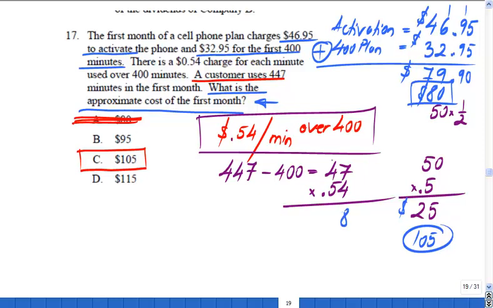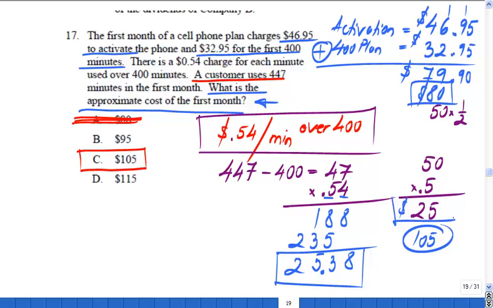So I have 4 times 7, 28. 4 times 4, 16, plus 2, 18. Then I'm multiplying by 5. 5 times 7, 35. 5 times 4, 20, plus 3, 23, right? Add them up. 8, this is 13, that's 5, and this is 2. Now, because you have two digits after the decimal point in one of them, you make sure you put your decimal point over that. And it looks like we were right. We get